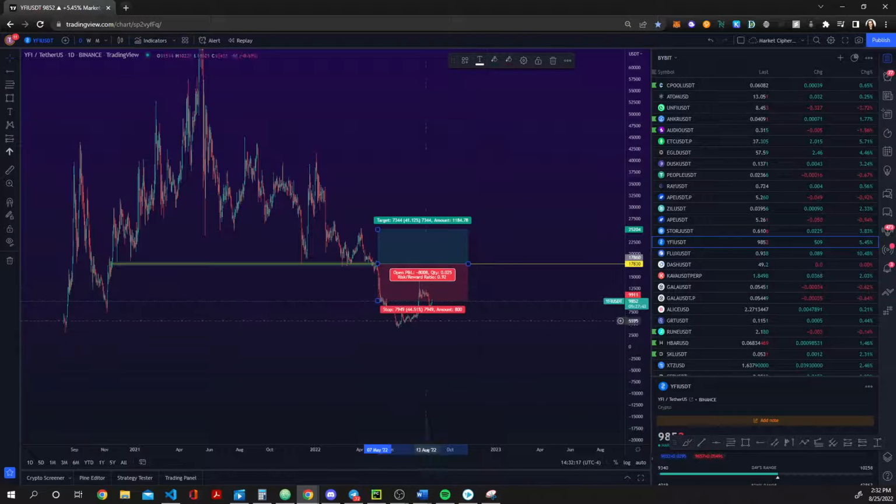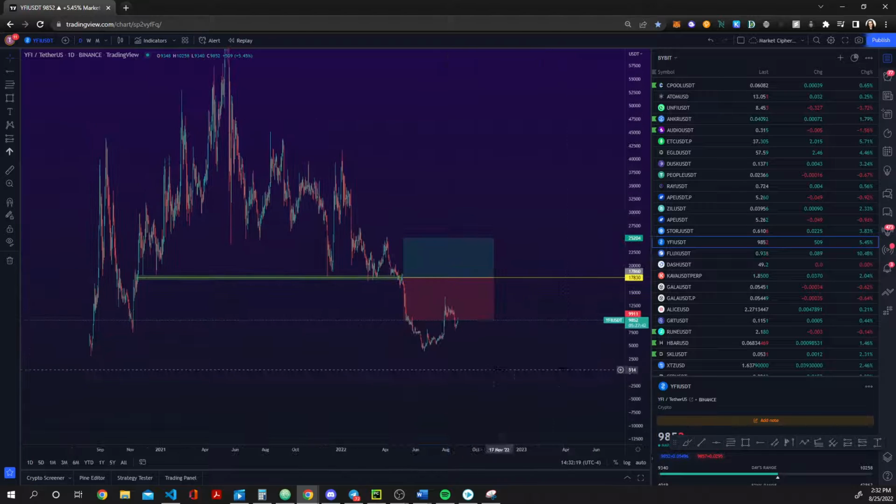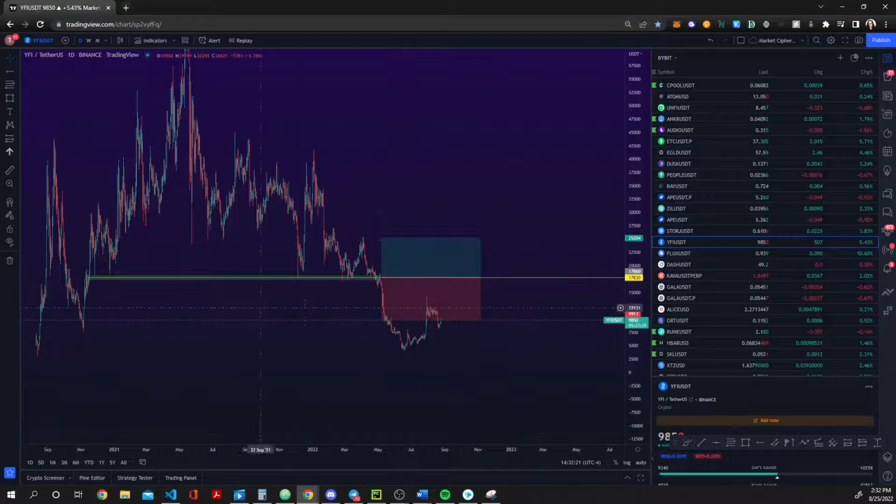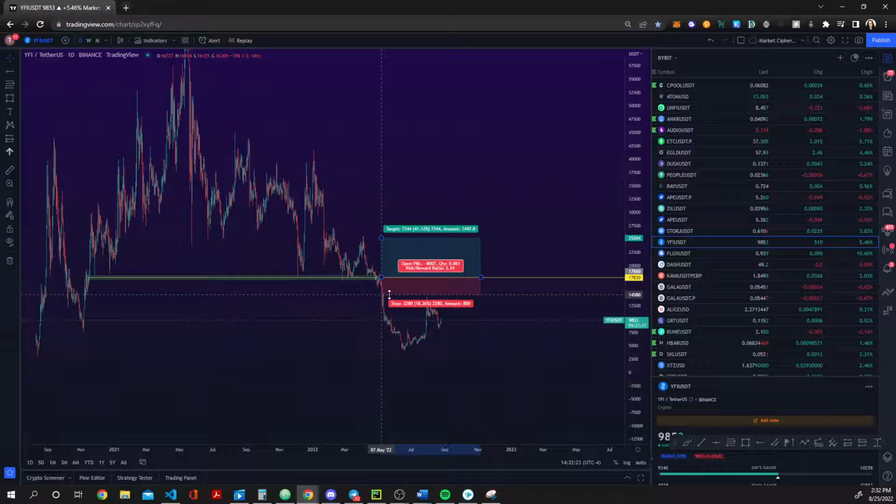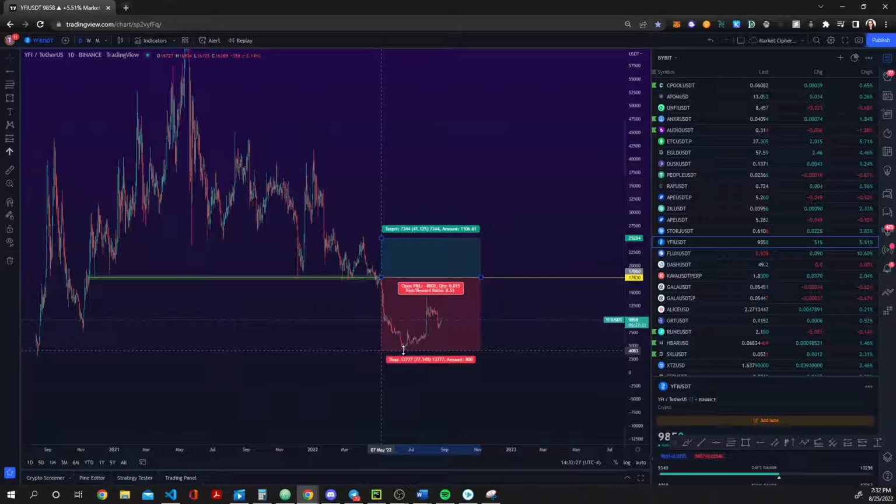Now, this is the reason why we need stop losses in certain times where trend's not really looking all that well and there might be a little bit more downside. I would take a 7% loss over 40 or 70% loss any day. So this is the reason why you need to have stop losses within your trades to allow you to minimize those losses, 7% to 77%, right? Those are both big differences, right?